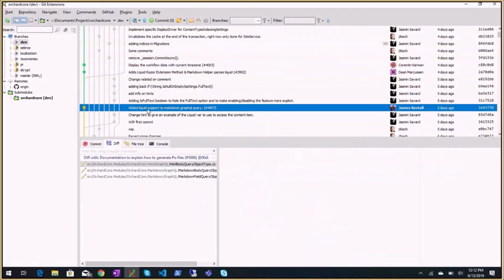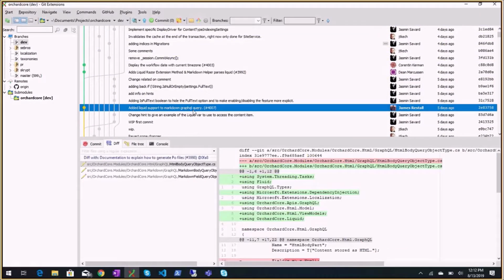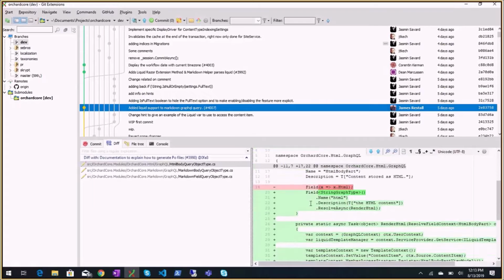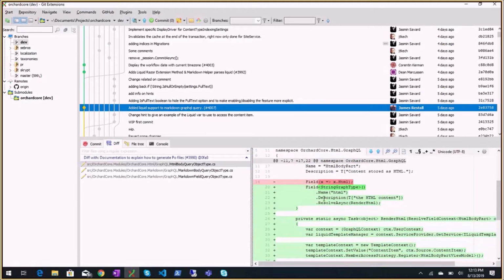Added liquid support to Markdown GraphQL query. So the idea is that we have a method or property in GraphQL, for instance called HTML, on Markdown and HTML body, but yeah, we had it only on the Markdown one before.